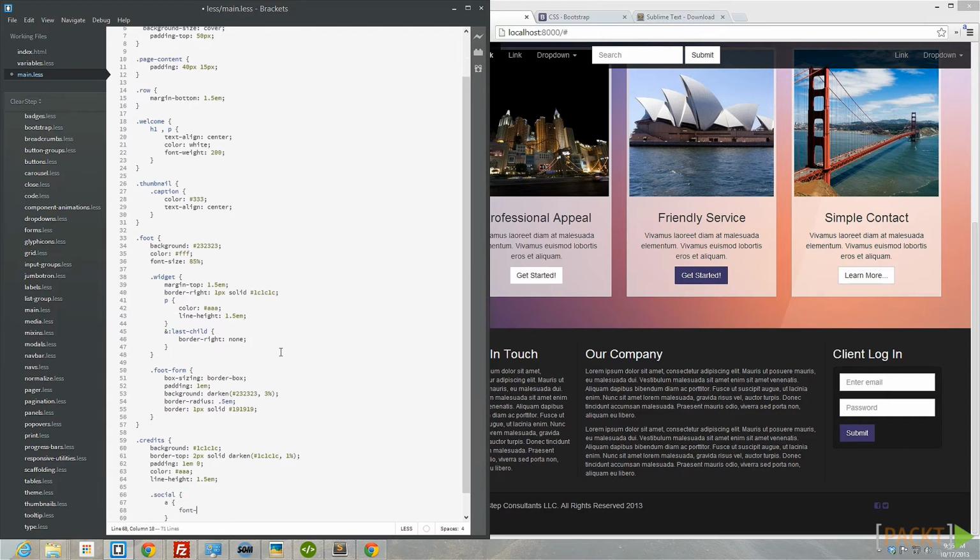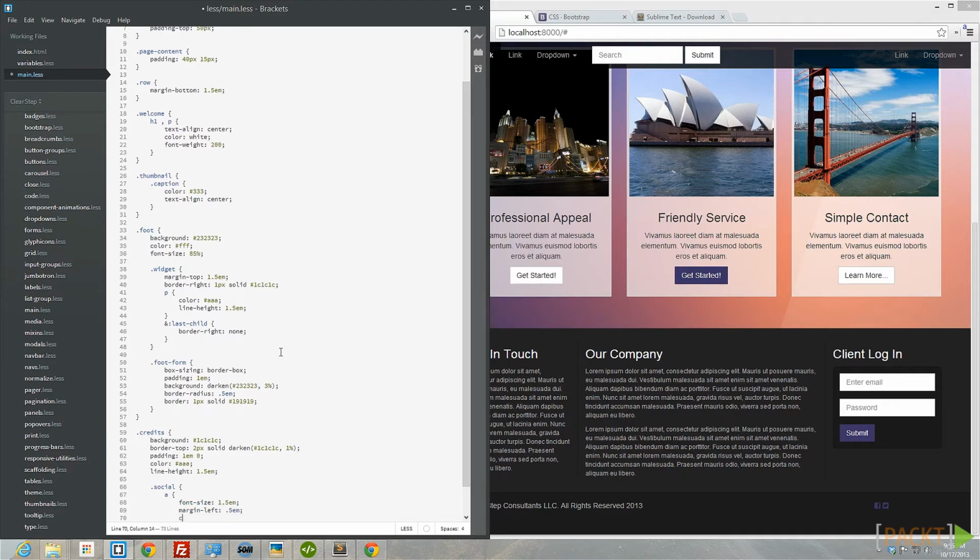We'll give that a font size of 1.5 ems, so we want that to be pretty big. Margin left of 0.5 ems, so we're going to separate out those a little bit. We'll give those a color of lighten 1C1C1C,